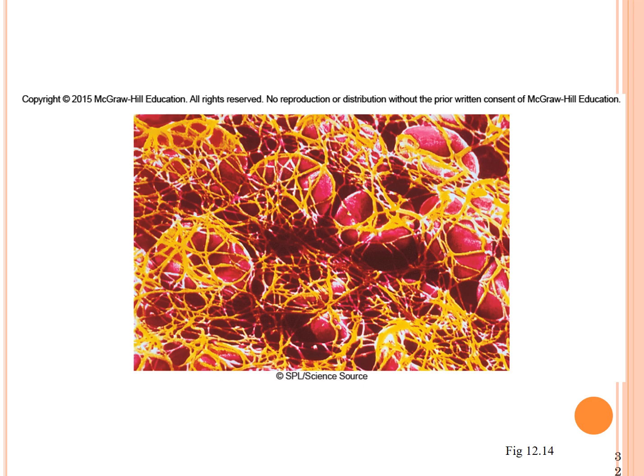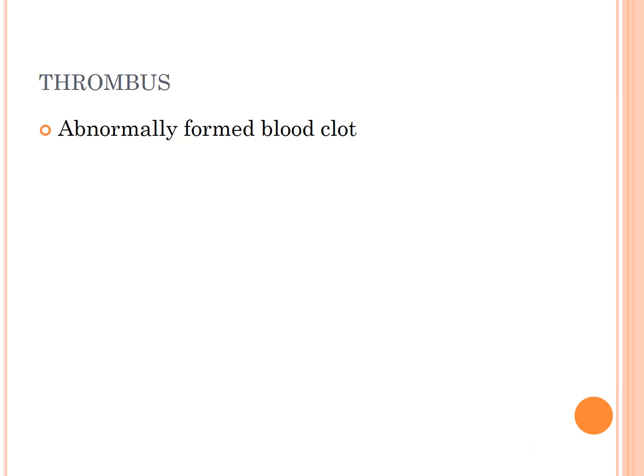This slide shows a blood clot. A thrombus is an abnormally formed blood clot. Sometimes these occur in the deep veins within the legs. If a person is sitting for a very long period of time, blood pooling can contribute to the formation of